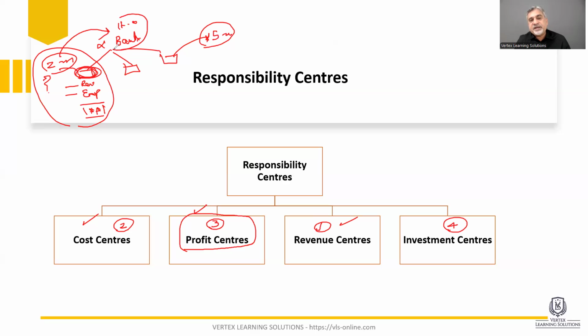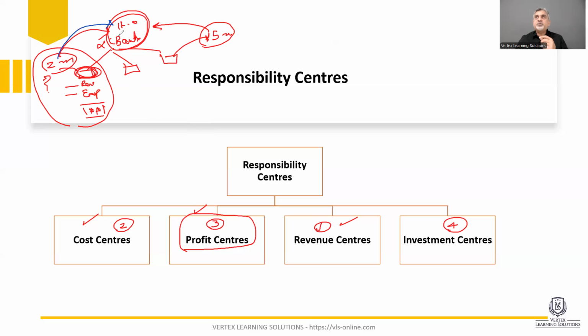So this is the bank's head office, and everybody, whatever profit they make, they send it back to the head office. He sends back $2 million here, they send back $5 million here. So head office is actually not responsible for making the profits. So the head office is not a profit center. Profit centers are these branches, but then whatever profit they make, they send back to the head office,